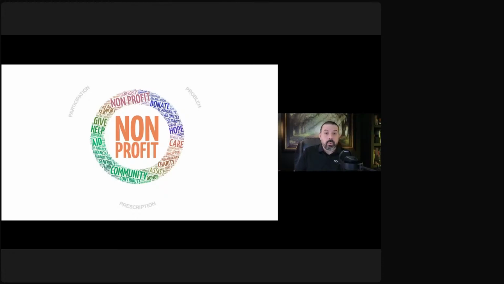Now, some of you might think, well, where's governance in this? Where's governance and management? That's actually in the participation stage. In the participation stage is where you recruit not just volunteers and donors, but you recruit your board members, you recruit staff. All of that happens through participation. And you bring people in to help you.